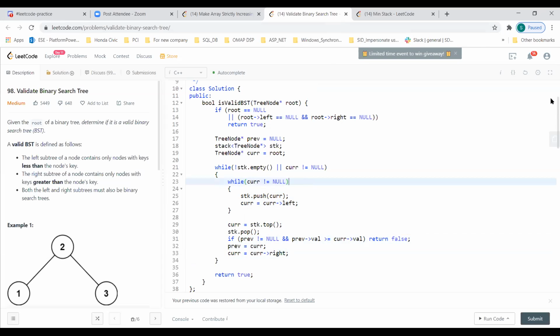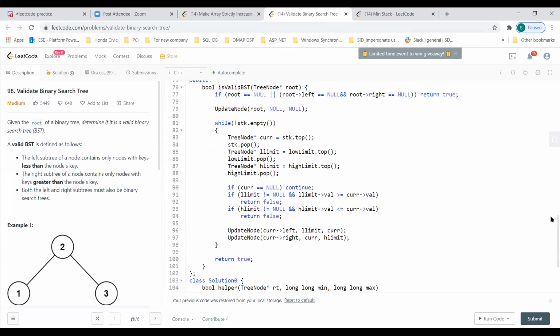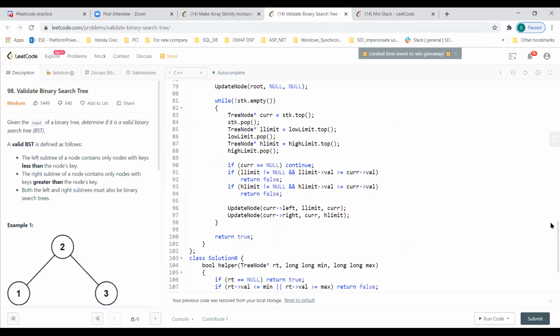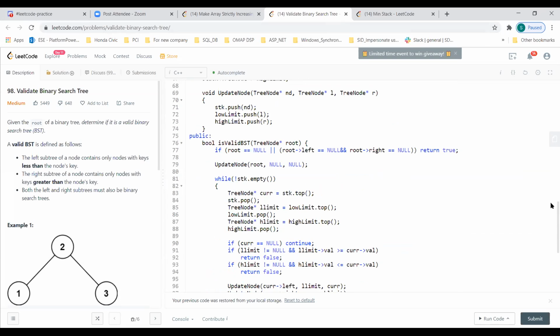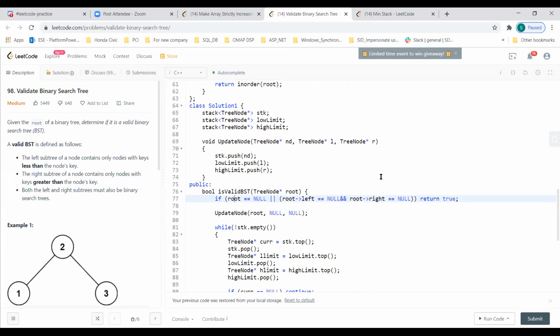So what they showed in the solution was this one. Okay. This was something a very different way I thought of. Is it a valid binary search tree? In this case they are using three stacks: one stack for the root and the others for the low limit and high limit, maybe the left and right tree.